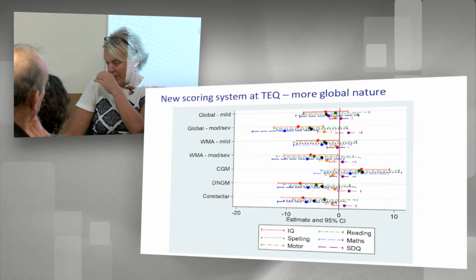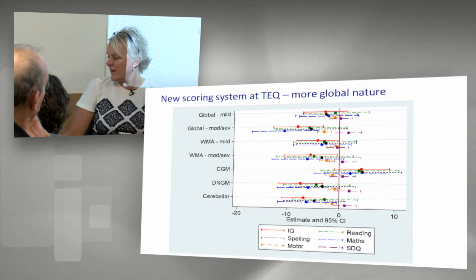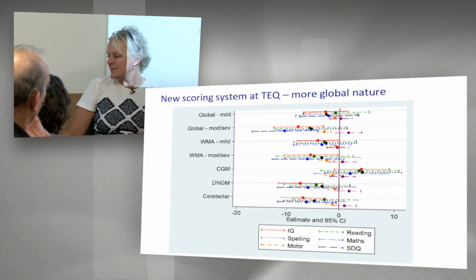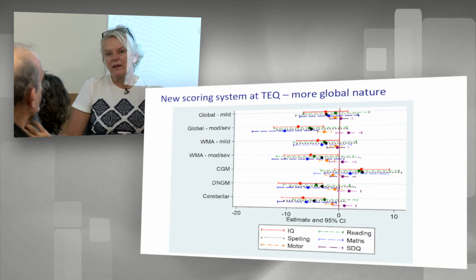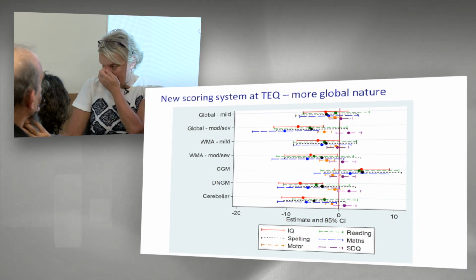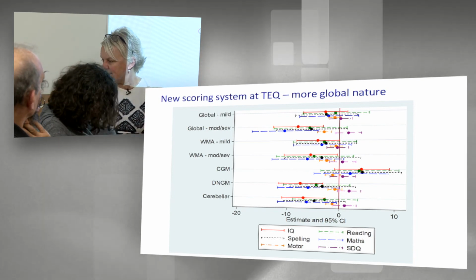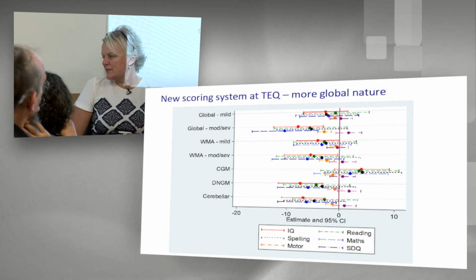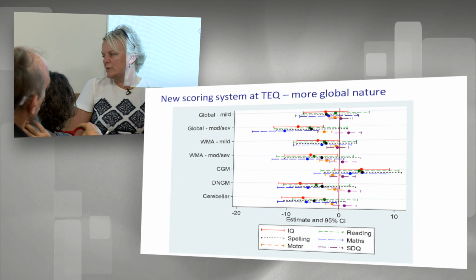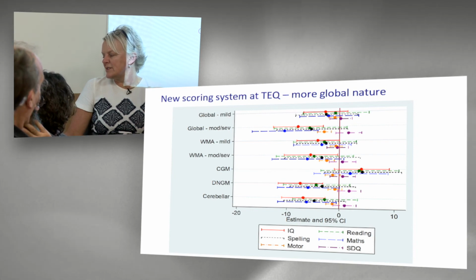But if you look at cortical grey matter, we don't find that that scoring is as robust. But look at deep grey matter and cerebellum too. So we focus a lot on the white matter, which is important in our babies. But when we look at the system, the deep grey matter and the cerebellum are also really important. So when you combine them all into our global score, the global score is really